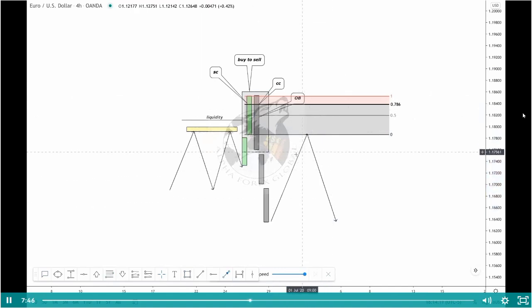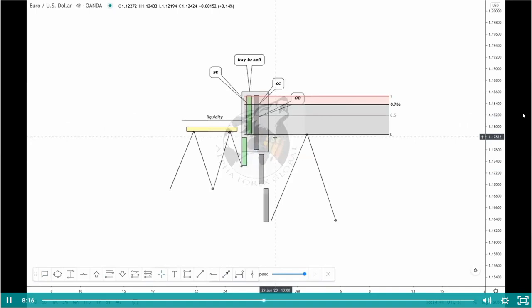And when I say mitigate, mitigation is basically the market coming back to collect the money from this order block when the institutions close their position. So when the market comes back and plays off this order block, that is called the mitigation. Mitigation is nothing special. It's just a term used to describe the opposite move after the market comes back to this order block and plays, or mitigates